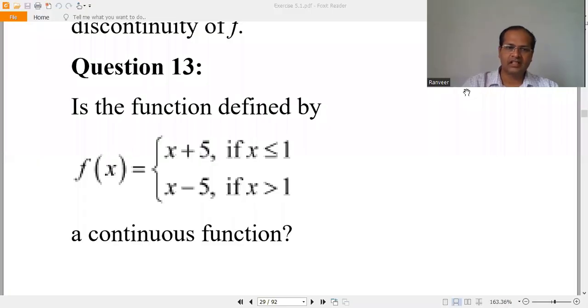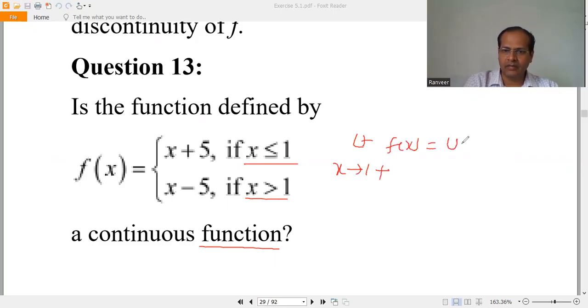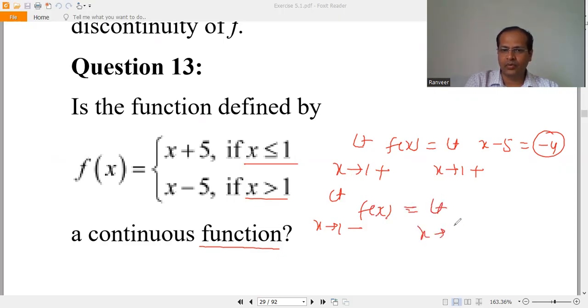Now question number 13. The function is defined by f(x) equal to x plus 5 for x less than 1, and x minus 5 for x greater than 1. Now here we have to check whether the function is continuous at the particular point, x tending to 1 plus, we have to write like this. So limit x tending to 1 plus, if you write, then this is nothing but x minus 5, and this is minus 4. And limit x tending to 1 minus f(x) equal to limit x tending to 1 minus,